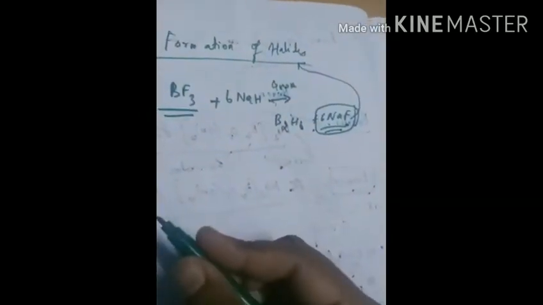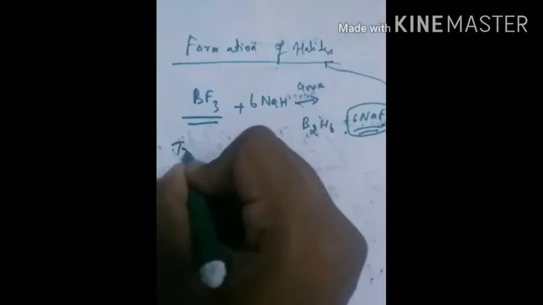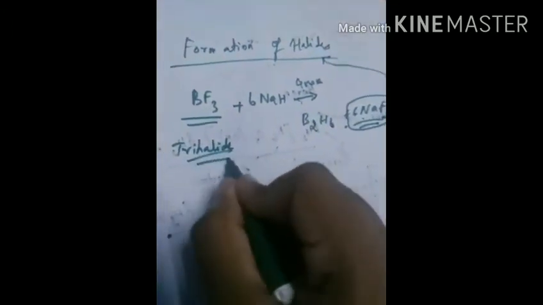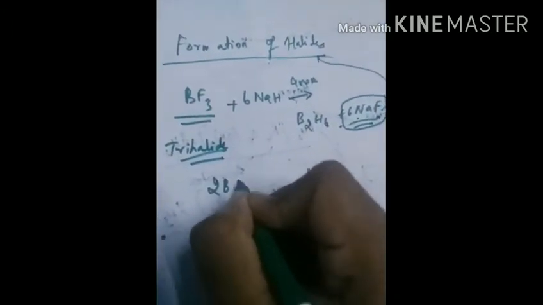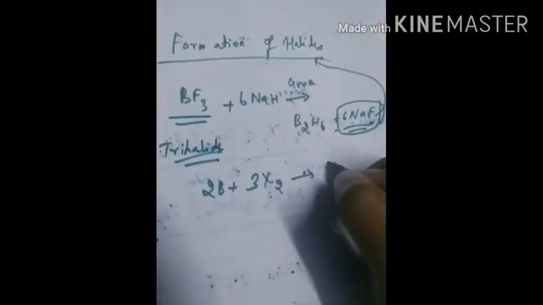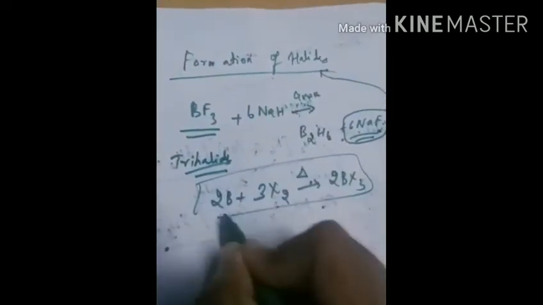This is the formation of halide. Some basic alkali is bonded with fluorine or any of the halogen, it will become halide. So this is called formation of halide. In this process there is also formation of trihalide. This is single halide we have seen here. Now if we want to create a trihalide, we have to put three times of any halogen. If we add, it will become trihalide on heating. So this is the trihalide equation.